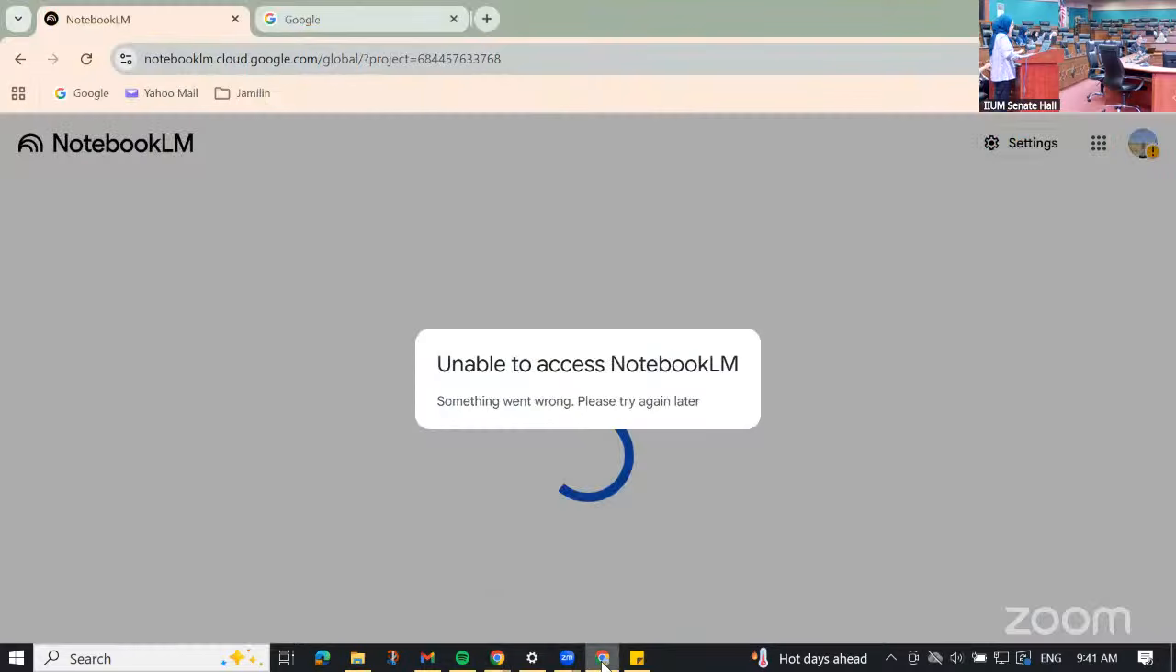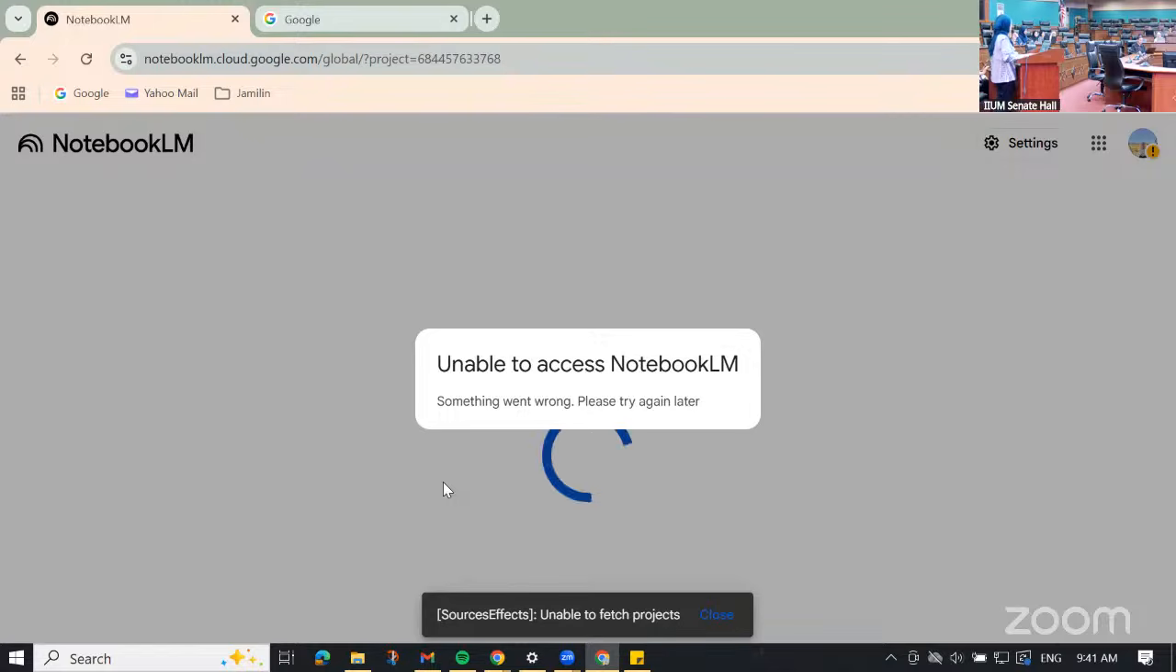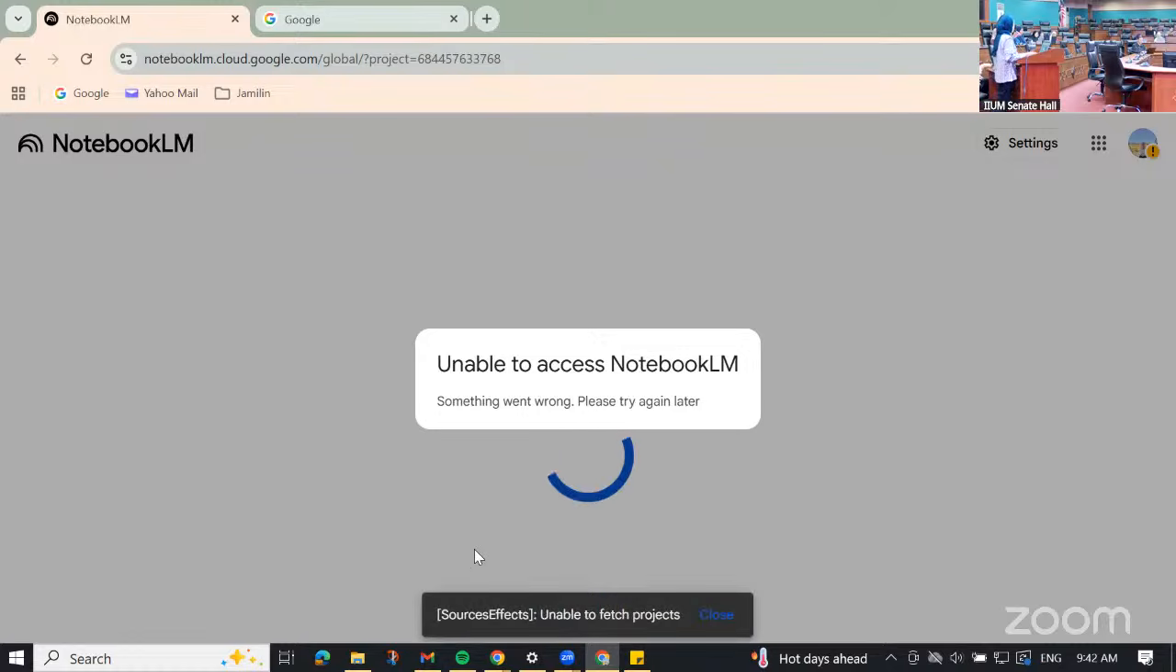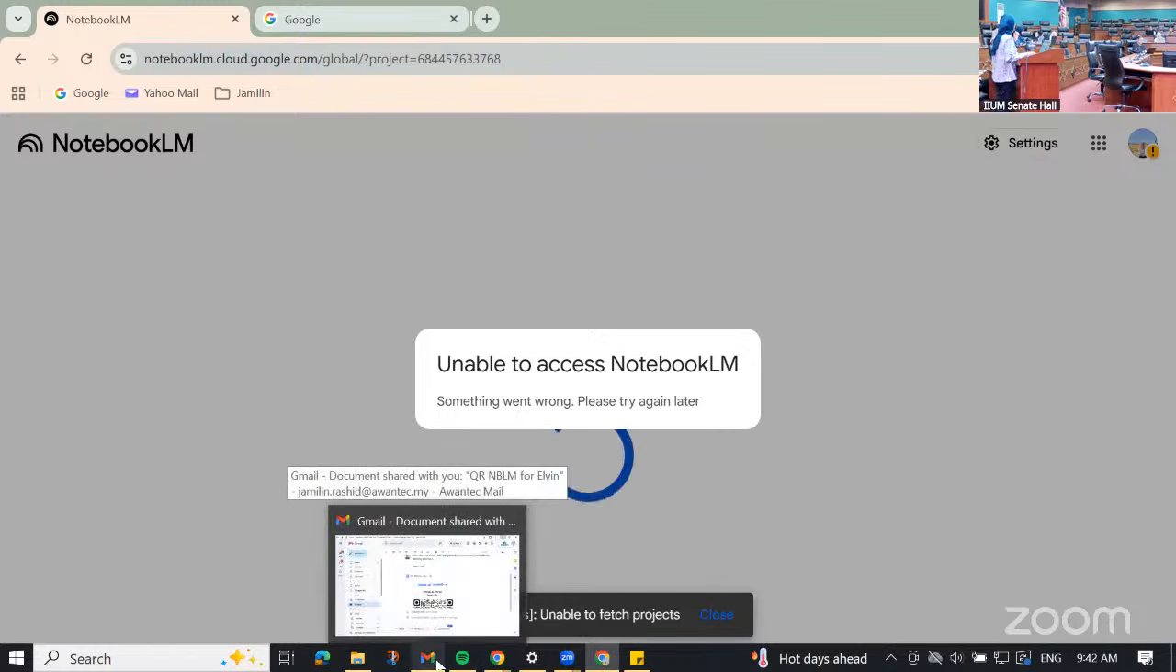If you encountered any error, this is the type of error that you might be facing, unable to access Notebook LM. If you encounter this error, that means that you do not have the correct license yet. So what you need to do, you need to scan the QR code. You might have scanned the QR code earlier at the registration counter. We have our technical team here, Mr. Elvin and Mr. Bukhari, that will help with the license assignment. Once the license has been provisioned to you,